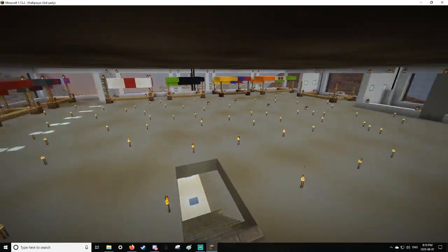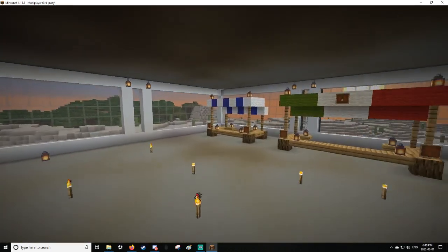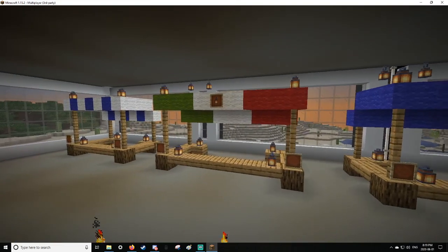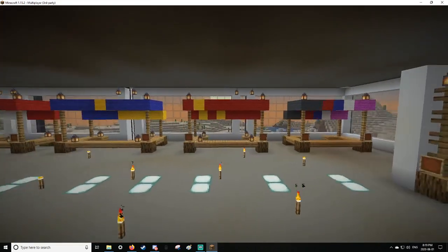This is the food court area that I was starting to build. I've done a lot of it. I'm not done yet. This is the only other area, so I've got a bunch of different flags of the world. There's Greece, and over here is Mexico. We have Sweden, China,